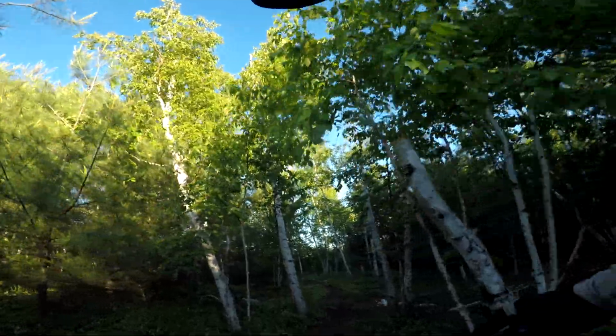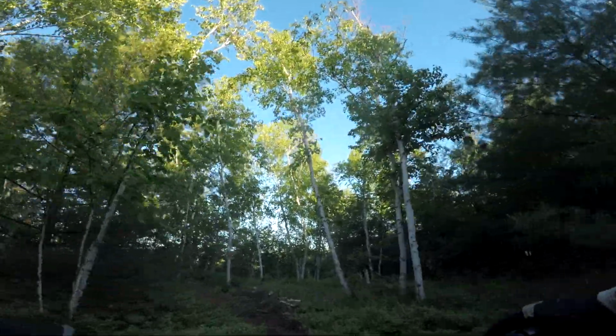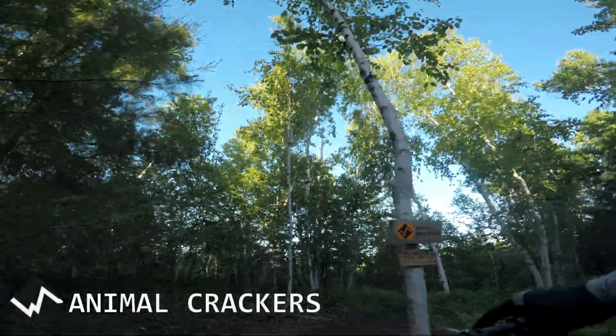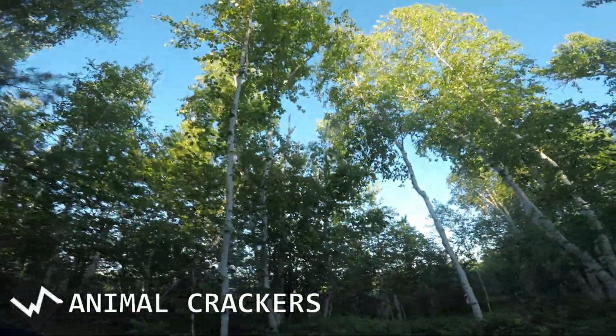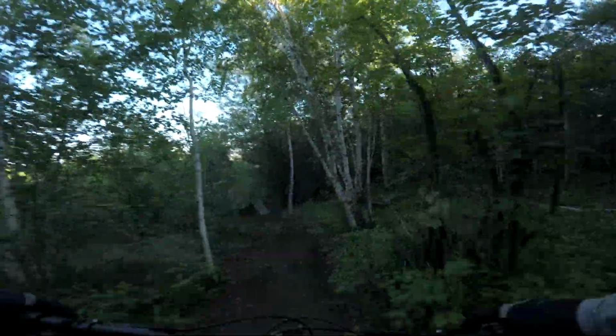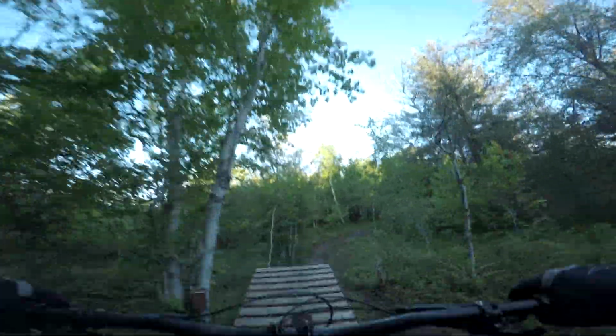Oh, that's so good. In the other end of Tax Collector now, which brings us to the single black with the orange to signify that it's a free ride trail. So it's got a bunch of features. Single black is all rollable. So you got a little jump, this wood ramp that's so fun, a shark fin, 10-footer, 9-footer, and this weird